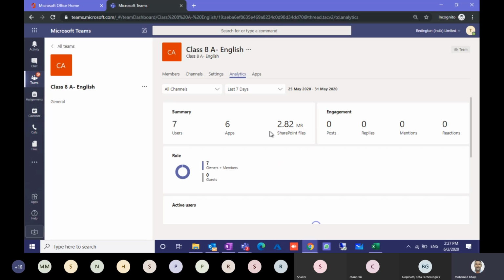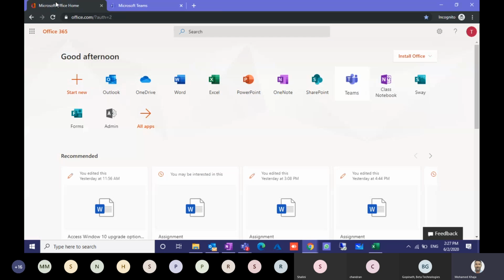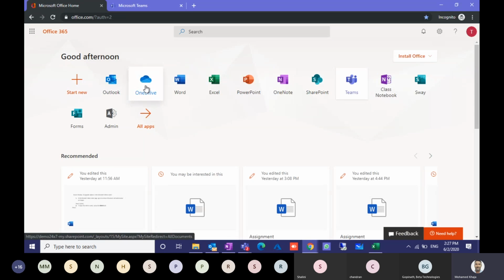As I said, you will get all these services: the email service Outlook, OneDrive as your file storage area, and your applications. You need not install any software like Word or Excel. You can work on Word, Excel, and PowerPoint files in your browser itself. And you have OneNote for your personal use, SharePoint, Teams, class notebook and other things.